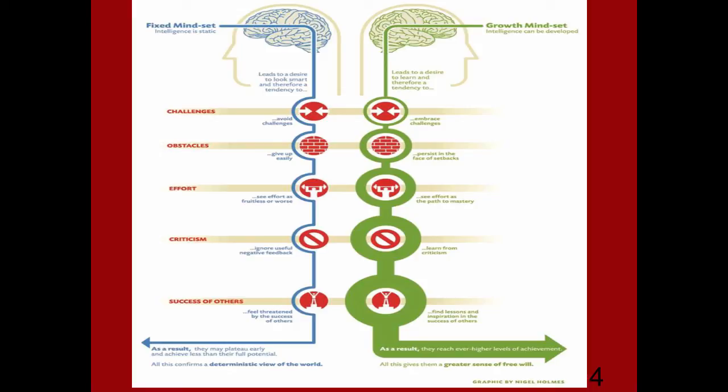So as we compare the two, it's very important to realize a couple of things. Number one, a key difference between the fixed and growth mindset is their perspective on effort. Those with a fixed mindset see effort as being very fruitless, as opposed to someone with a growth mindset who knows there are no results without effort. Number two, someone with a fixed mindset is very motivated to prove to others that they are more capable, more intelligent than everyone else. As opposed to people with a growth mindset, their focus is not to prove anything to others at all, but they're focused on their own mastery, on their own learning, and improving what it is they